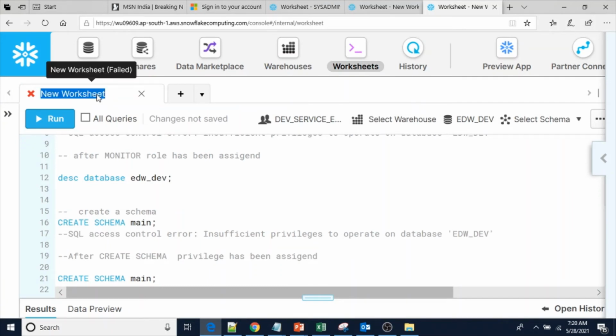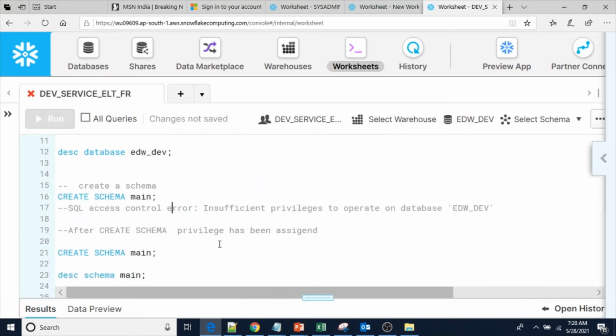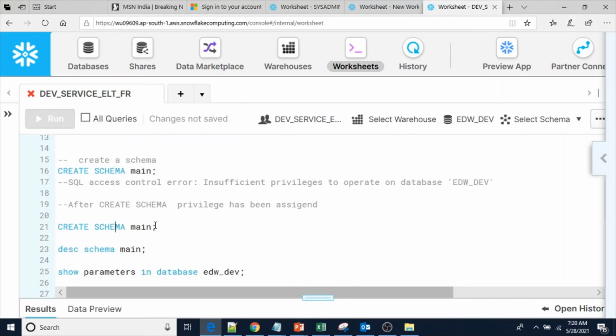Now let me jump to the user. Let me use the role name here. After the create schema privilege has been assigned to this role, now let me create a schema called main.